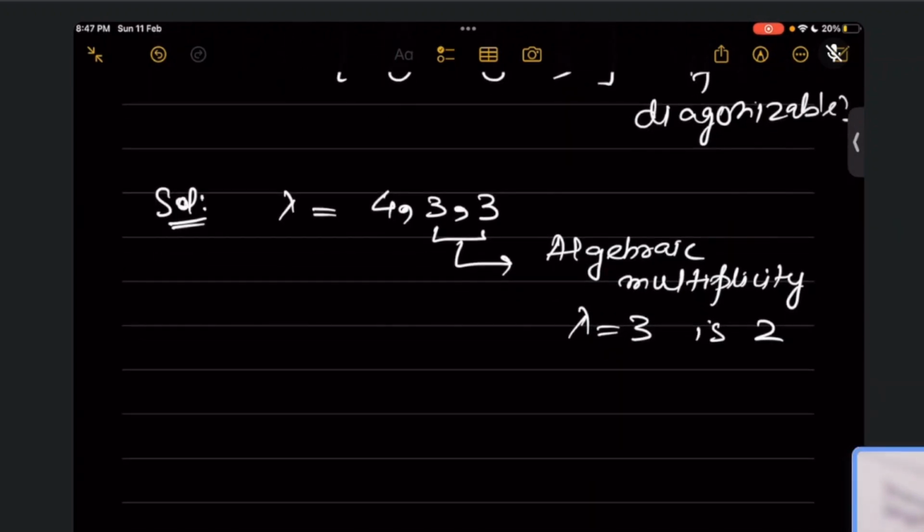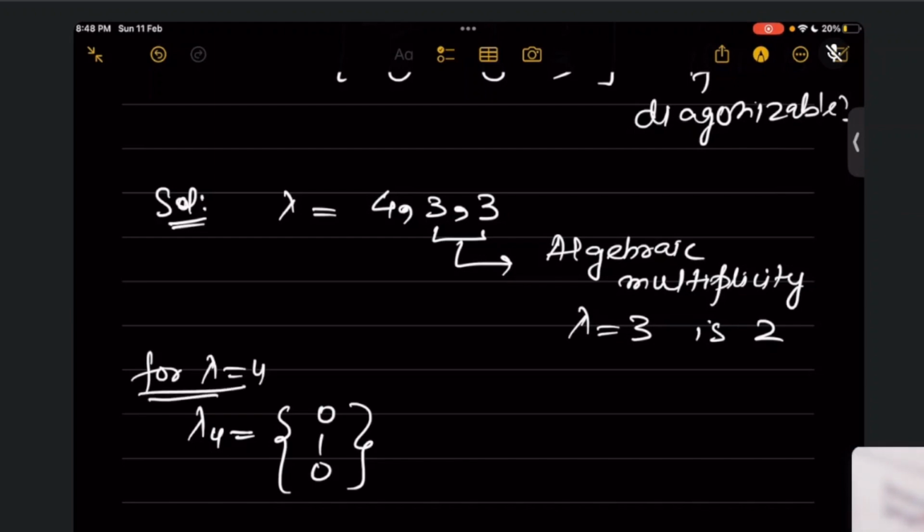Did anyone find it? For lambda equal to 4, the eigenvector is going to be 0, 1, 0. It's right. And for lambda equal to 3,